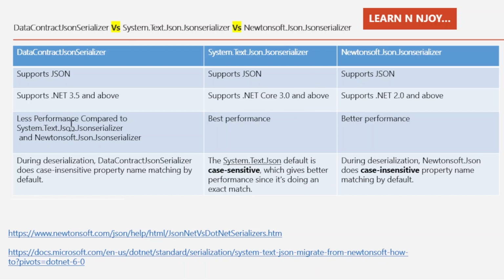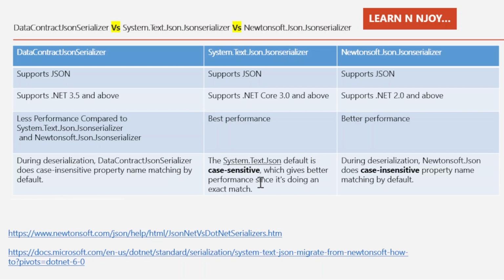DataContractJsonSerializer has less performance compared to System.Text.Json.JsonSerializer and Newtonsoft.Json.JsonSerializer. System.Text.Json.JsonSerializer has the best performance, whereas Newtonsoft.Json.JsonSerializer has better performance. During deserialization, DataContractJsonSerializer does case-insensitive property name matching by default, whereas System.Text.Json.JsonSerializer default is case-sensitive, which